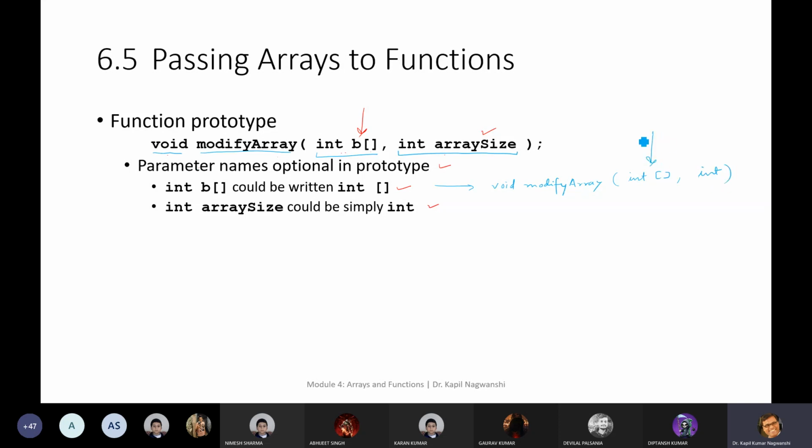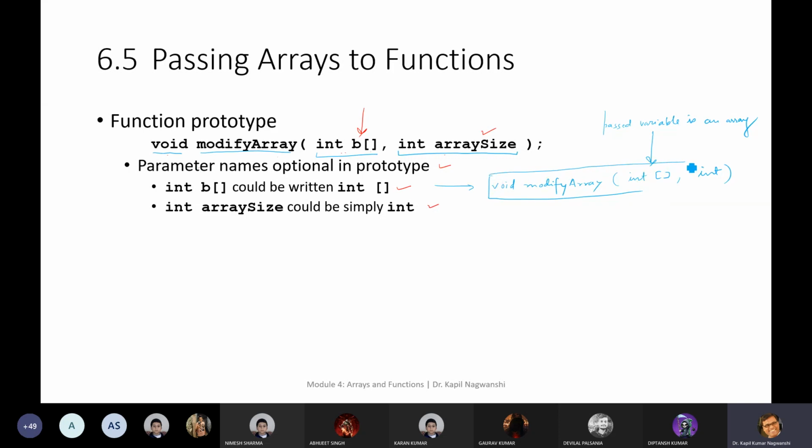So this simply tells that the passed variable is an array, and this could simply be an integer. Most of the time this is the size of the array. So you can write the function prototype.